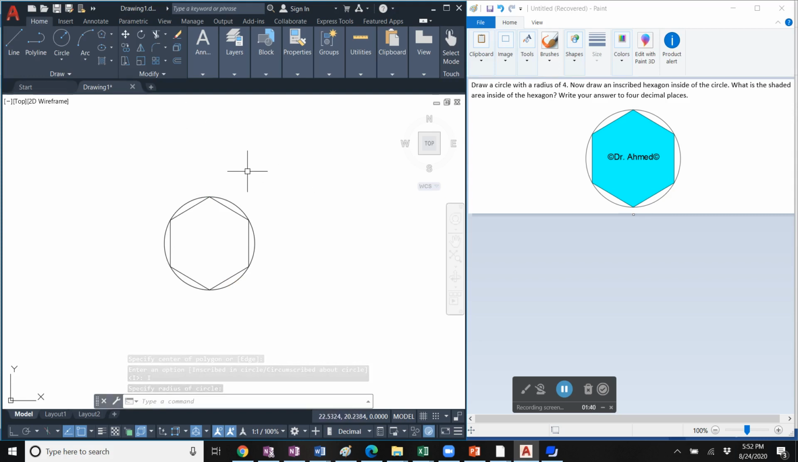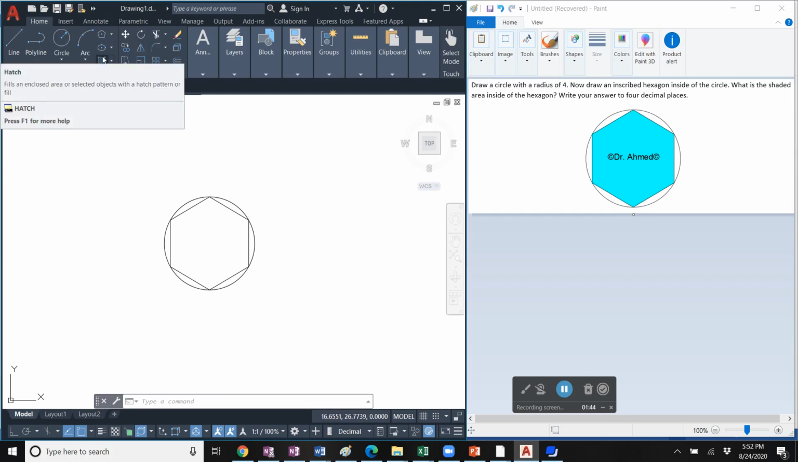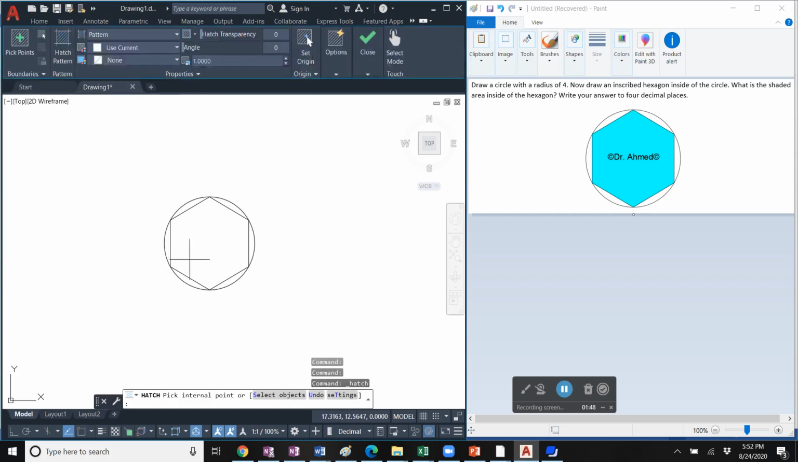Now we're going to put some hatch inside of the hexagon. So click on the hatch, click inside, and let's put the shade and color the way it looks here on the problem. So I'm going to click on the settings here,